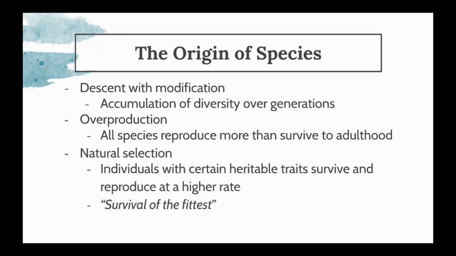So this idea is based on the fact that all species have overproduction. So you reproduce more offspring than survive to adulthood, because unfortunately there's disease and famine and bad stuff happens, and not everyone's going to survive to adulthood. So then in this process, the species that have less good traits to survive in a habitat, that's probably not proper grammar. Anyway, those that have less good traits to survive in a habitat are going to die off with a higher percentage,